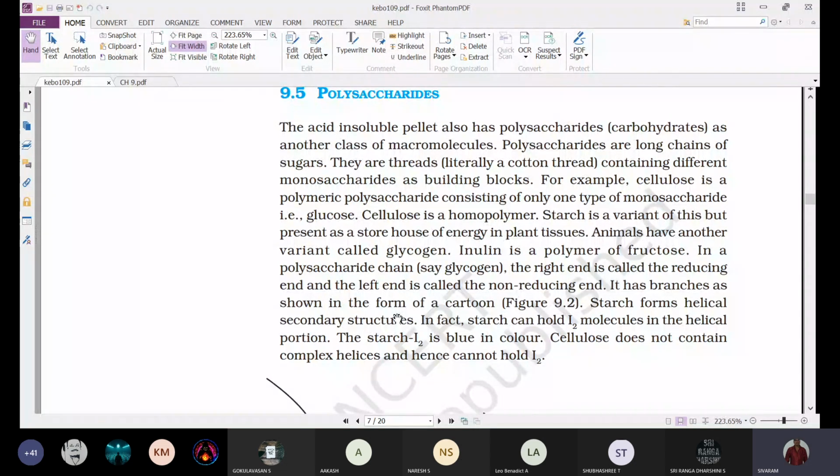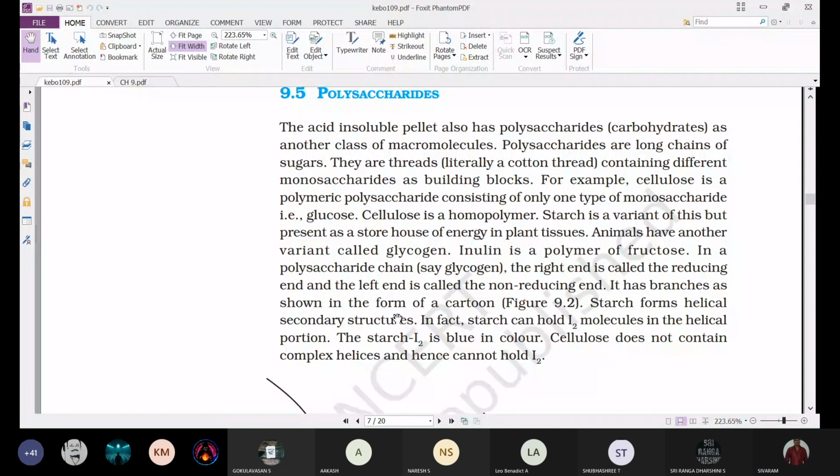Polysaccharides are long chains of sugars, like protein molecules, which are long chains of amino acids. In the same manner, polysaccharides are also long chains of sugars, like a cotton thread, containing different monosaccharides as the building blocks. When you observe here, we'll find different types of carbohydrates: monosaccharide, disaccharide, trisaccharide,